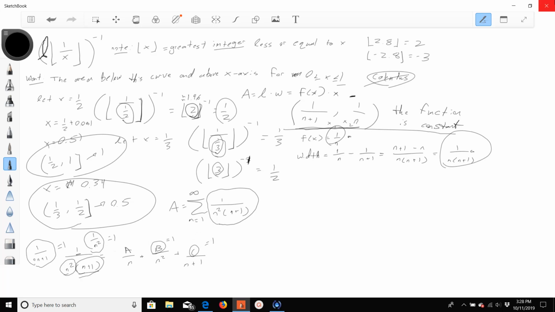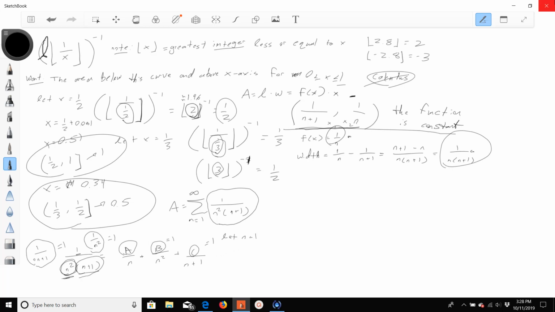Now I can't use this cover-up method to find A because I have an n squared in the denominator. I don't have an n. And you have to build up the powers when you're doing your partial fraction decomposition. But what you can do is, I know everything except for A, so I can just pick a value for n that is nice and then find A. So I'm going to let